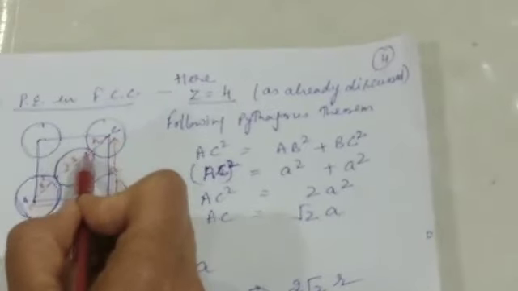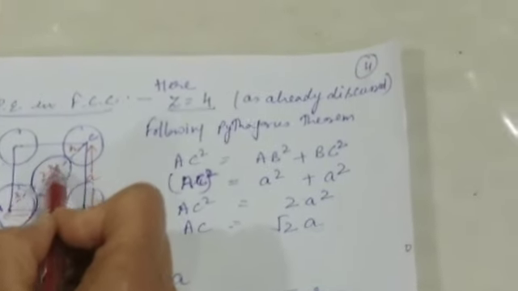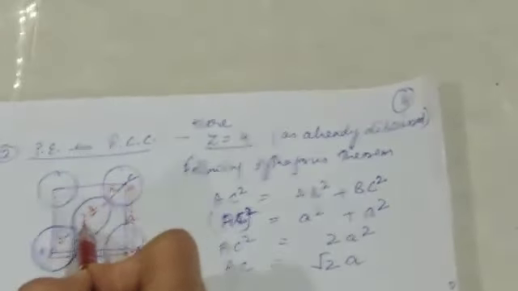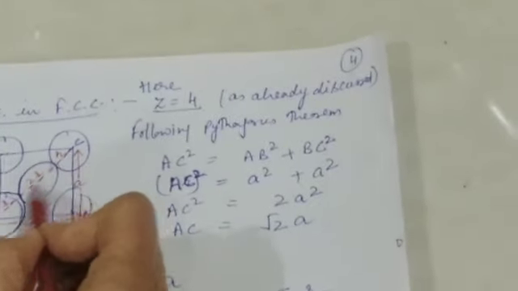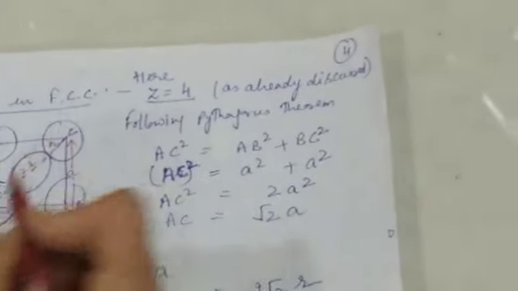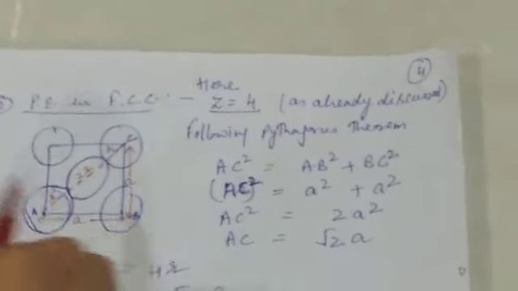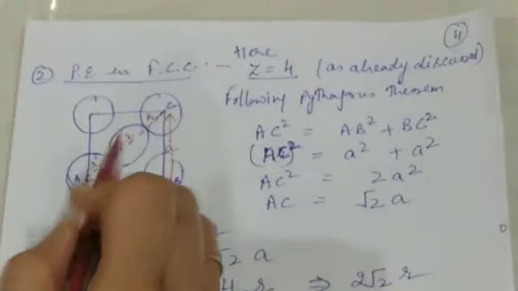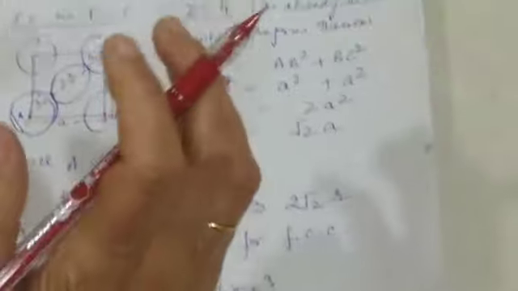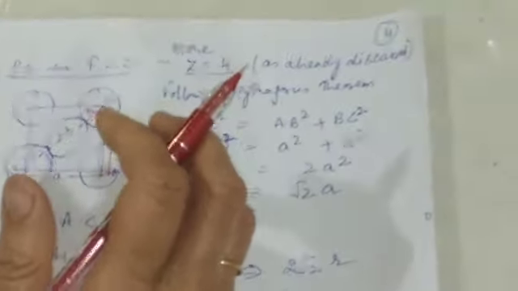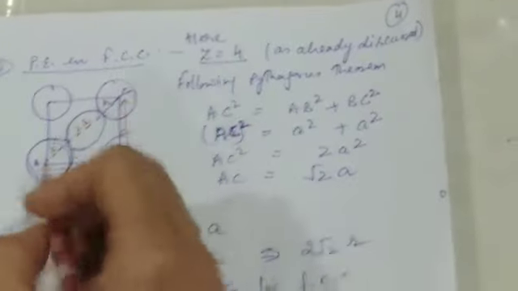Now, if I join the centers of these spheres, the one in the center and the corner atom, this becomes AC. Now, every triangle in a cube is always a right angle triangle. Any triangle formed in a cube is a right angle. You can always imagine you are sitting in a room, try to make a diagonal triangle on the walls, and it is always a right angle triangle